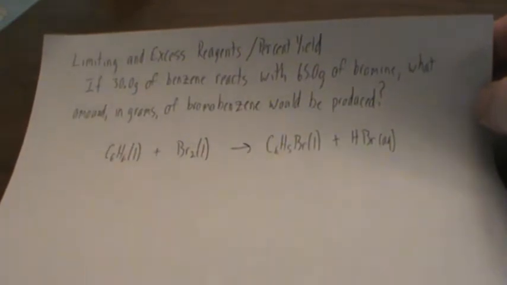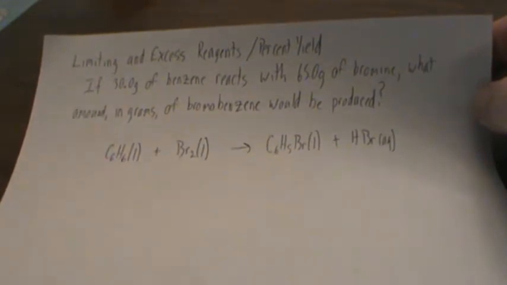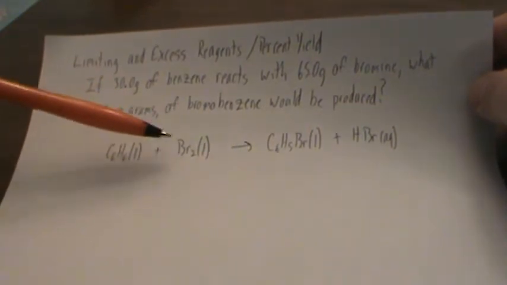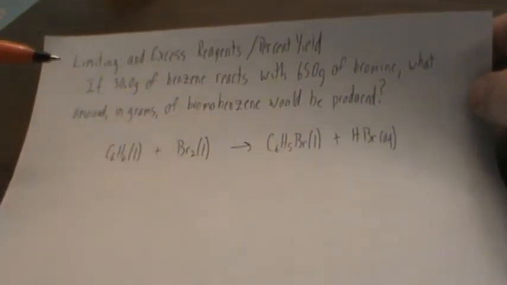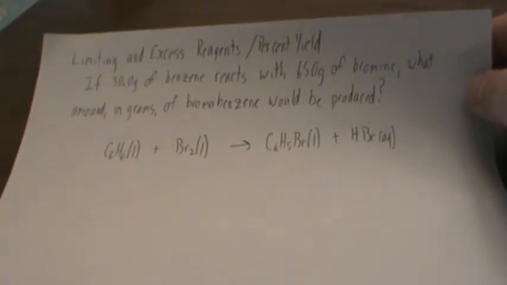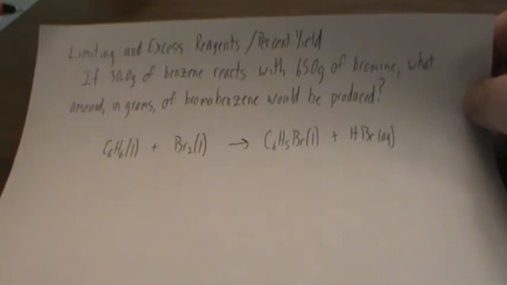Okay, so with limiting excess reagent problems, we're going to be given two knowns. The unknown stays the same for both of them, but since with most reactions we have two reactants, they actually do have an amount for each one. So this is a little bit more ideal if you were working in a lab and trying to figure out how much of a product you're supposed to be getting from a reaction. Since you have two reactants, they have their own amounts. We would have to use both of those to calculate how much of our product we would get. So setting this up,